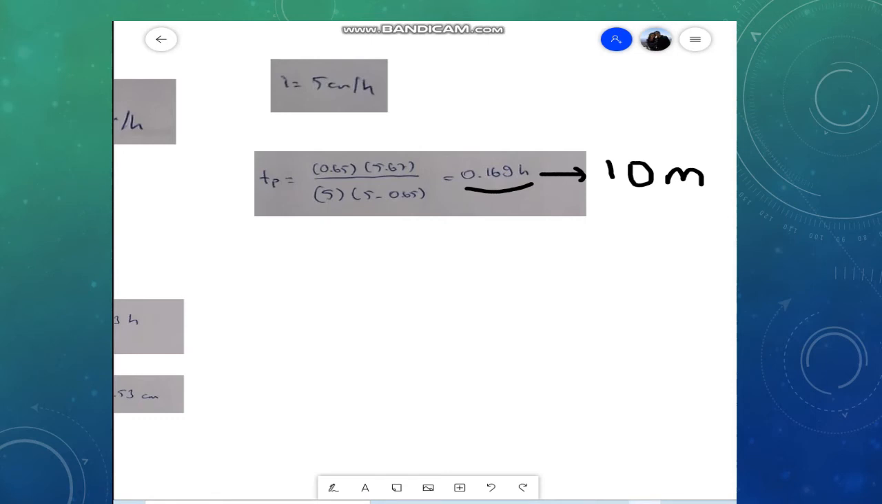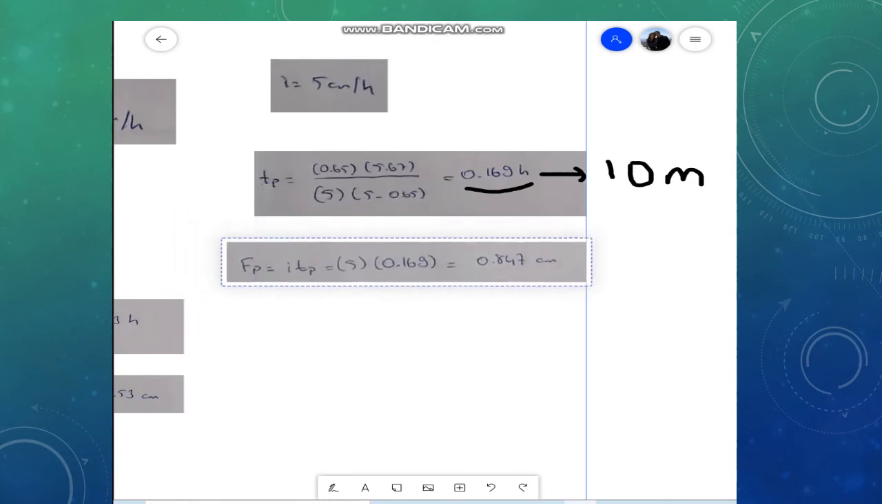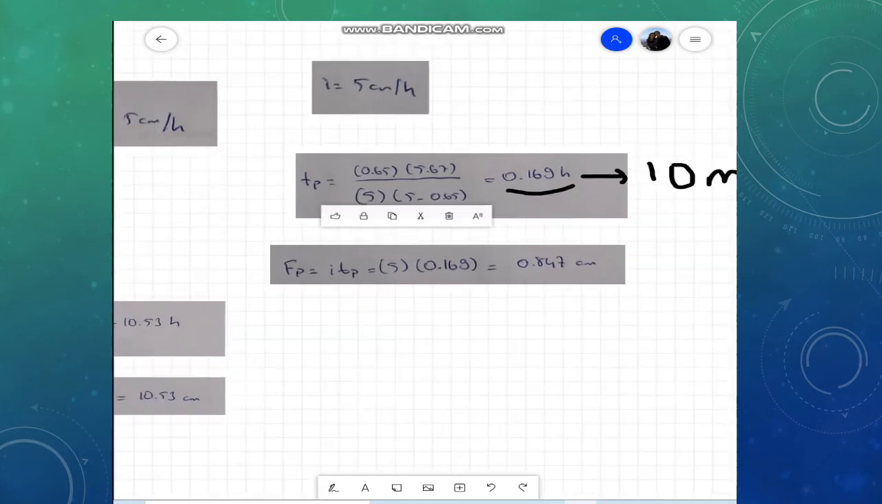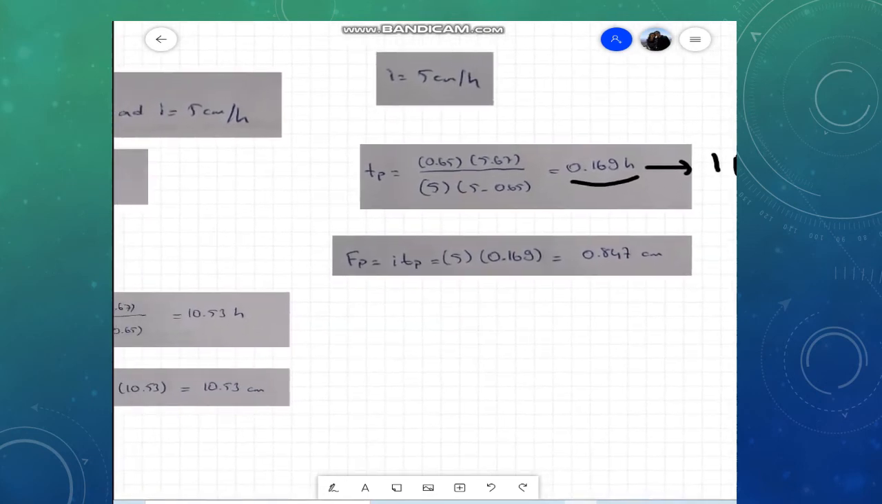If in 10 minutes, then how much water infiltrates into the soil? So we are gonna calculate it. What we need to do, we need to multiply i by tp. I was 5. We need to multiply by 0.169. It gives us 0.847 centimeter, which is almost 1 centimeter of water infiltrating into the soil, which gives us an idea that if